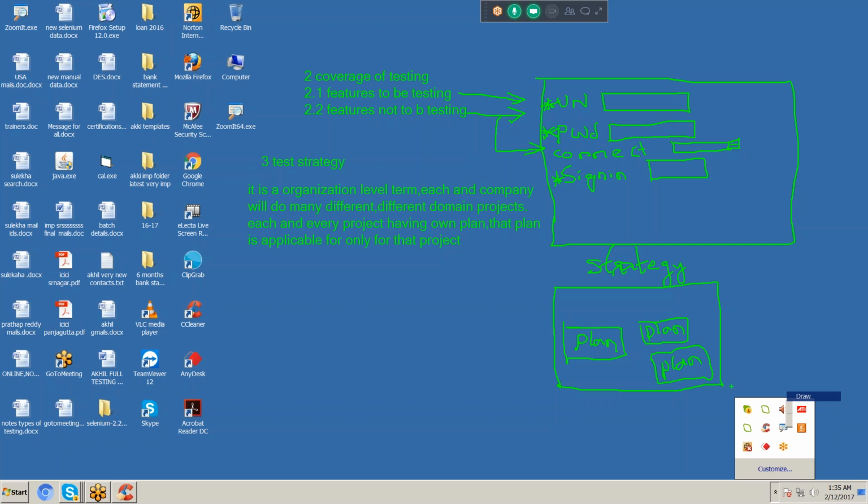So each and every test plan should follow the test strategy. For example, I'm the institute owner. I have my own institute in Hyderabad, and I'm recruiting trainers. Based on my requirements, he should work here, based on my strategy.